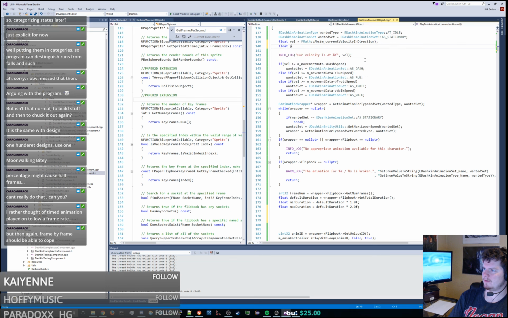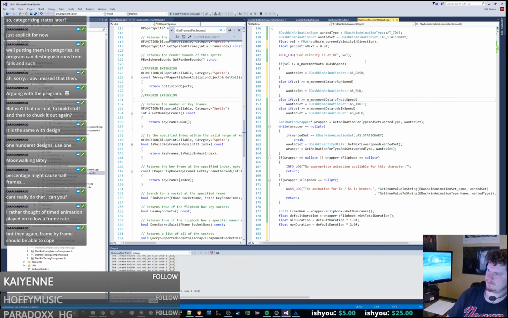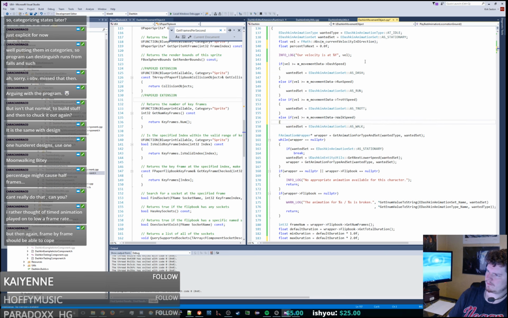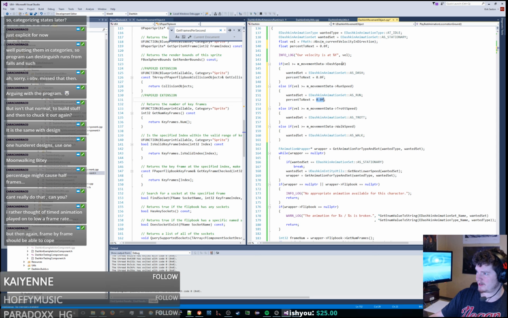So on a float percent to next, we're going to set that to 0. The percent to next, in this case, is going to be the velocity minus, percent to next is just going to be 0.0 here. So we're not going to set it, but let's be explicit because sometimes that actually does make a difference. So basically this is going to be the dash speed